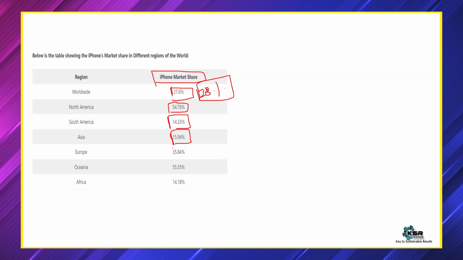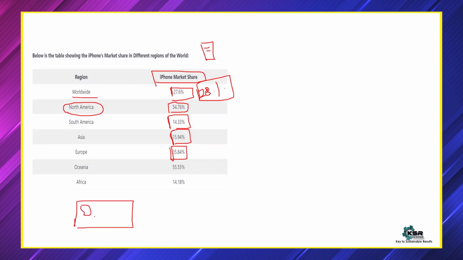Now, this information, if you randomly see it or try to analyze it, in your brain you will always first think of what an iPhone looks like, your visualization. This is common for everyone. And which region? Worldwide. If you think about worldwide, the complete world map comes into the picture. Now, if you think about North America, people who are good in geography and understanding the map, North America will come somewhere here like this.